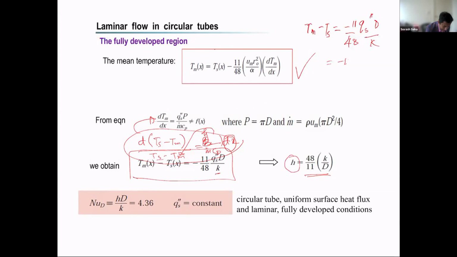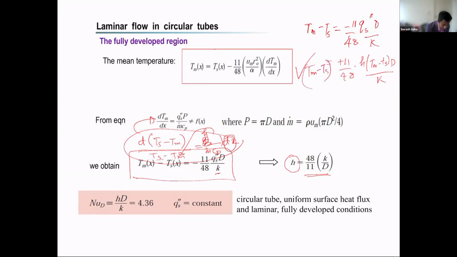Minus 11 by 48, and Qs is equal to Q double dash, which is equal to H. You will have H, and then you have the Ts minus Tm. So that means Tm minus Ts, then we can make it plus. So that means Tm minus Ts. Okay, and then we have D by K. So now we have Tm minus Ts on the left,